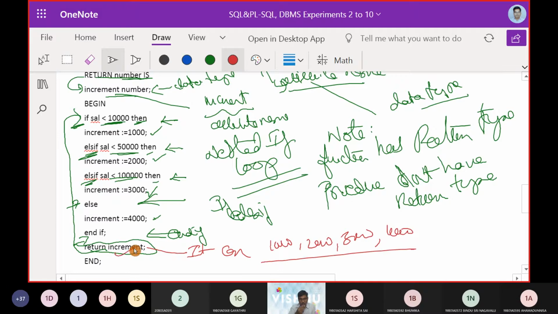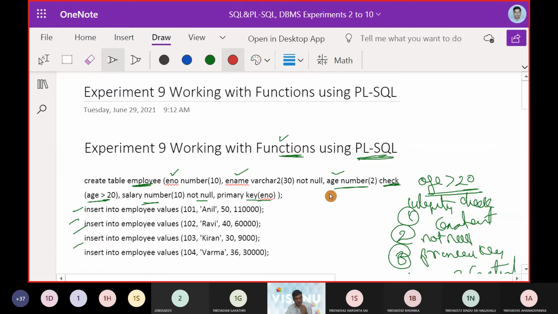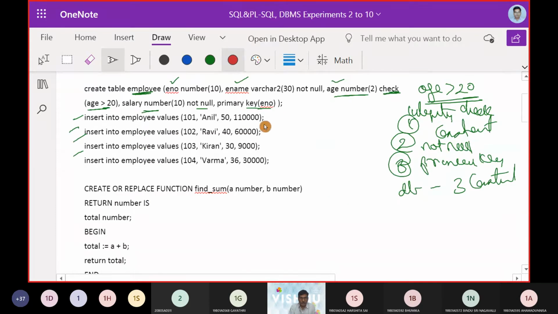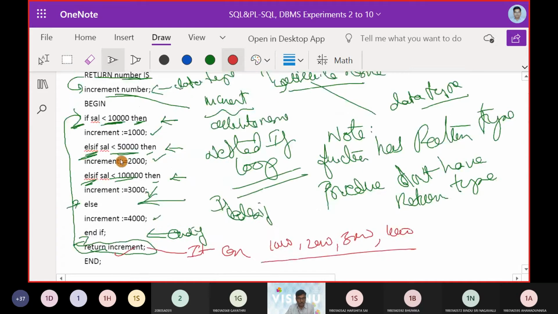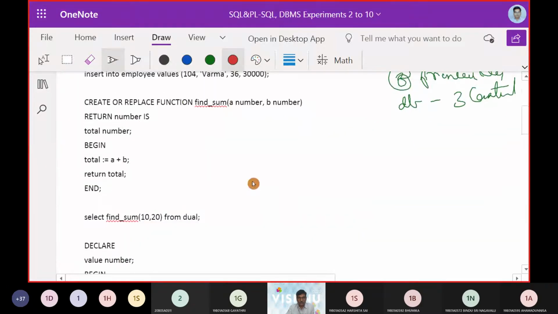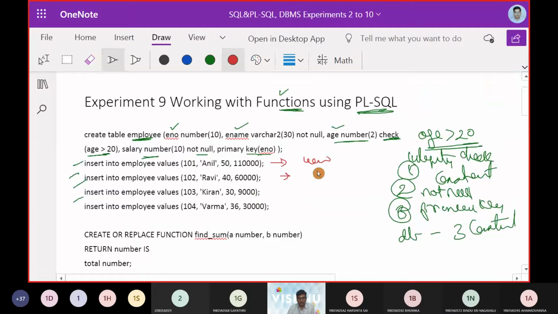That is what we are expecting as the answer. So what is the database going to have? The database has 1,10,000, so it gets 4000. Another is 60,000 salary, greater than 50,000 and below 1 lakh, so he gets an increment of 3,000.